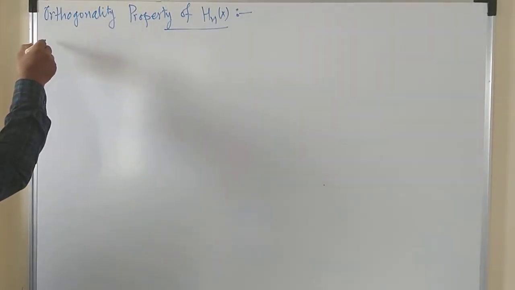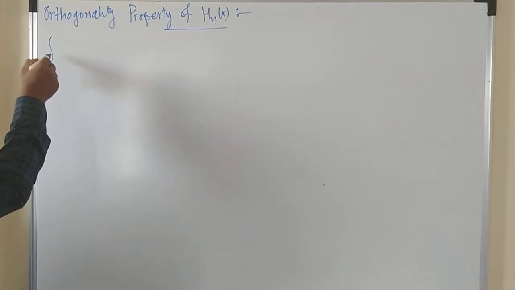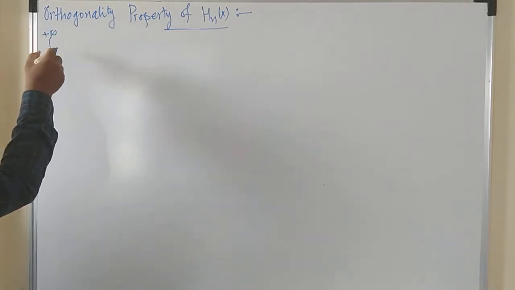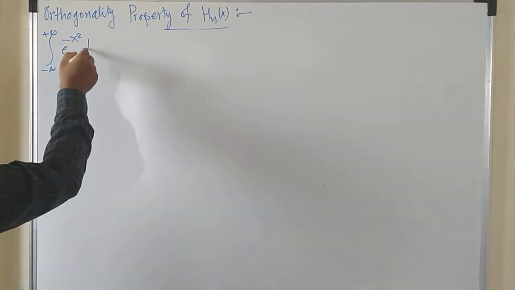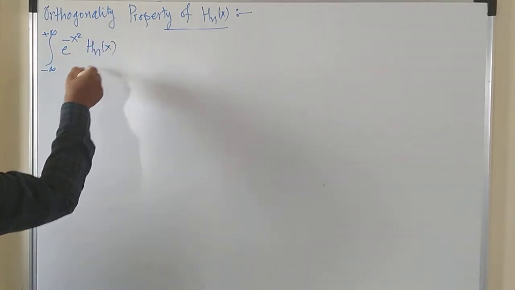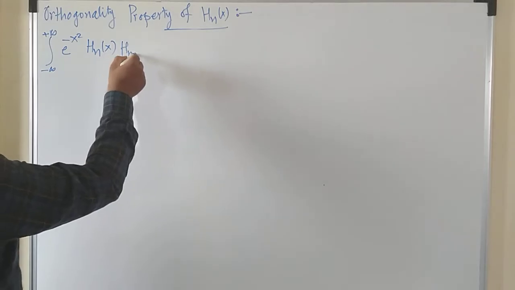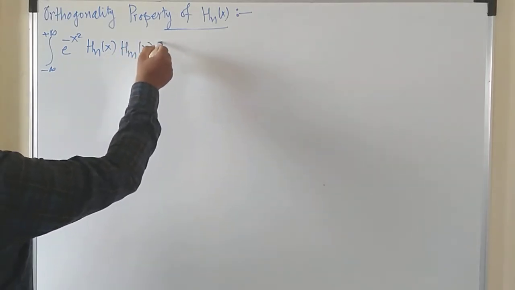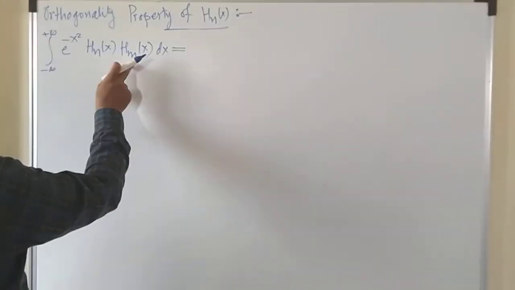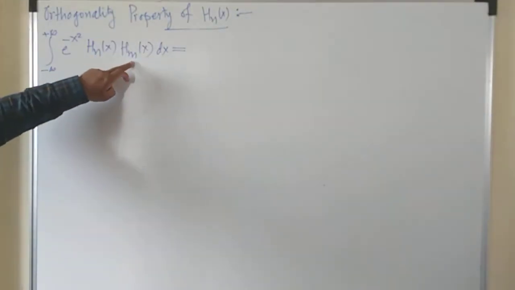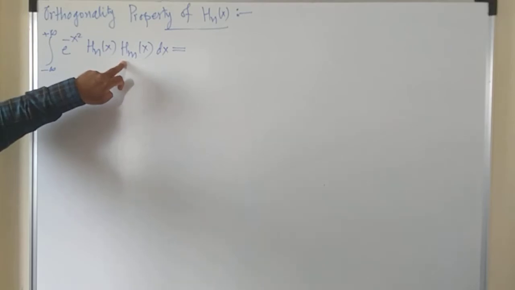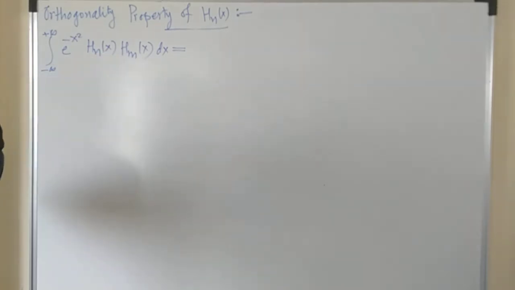Its orthogonality property is the integral from minus infinity to plus infinity of e raised to minus x square into Hn of x into Hm of x into dx. So obviously this indicates that Hn of x and Hm of x are two different polynomials. Both are Hermite polynomials, but both are different polynomials, and this is equal to